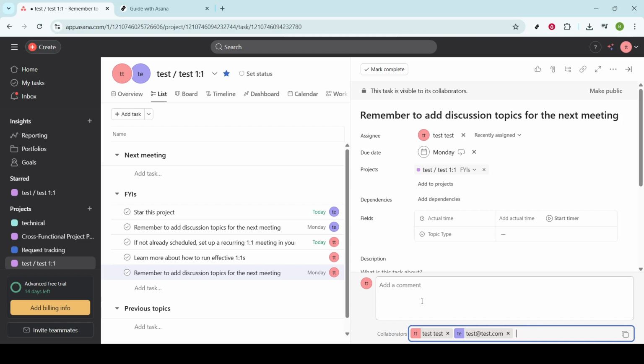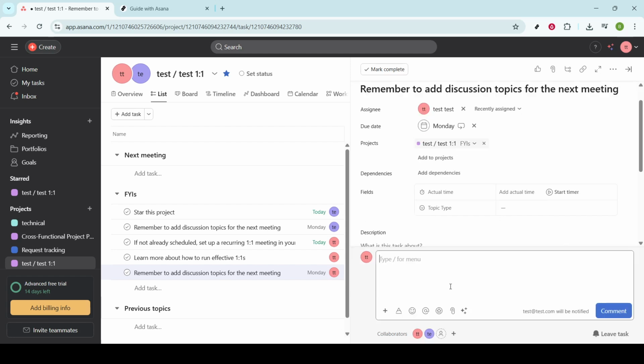There's also another handy method to add collaborators using the @mention feature. This is particularly useful in scenarios where you're in the comment section or typing within the task description. Just as you would in many other online platforms, type the @ symbol and begin entering either the name or the email address of the person you wish to include. As you type, various suggestions will appear, allowing you to select the correct name and officially add them as a